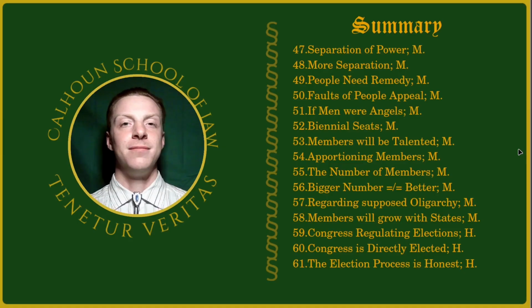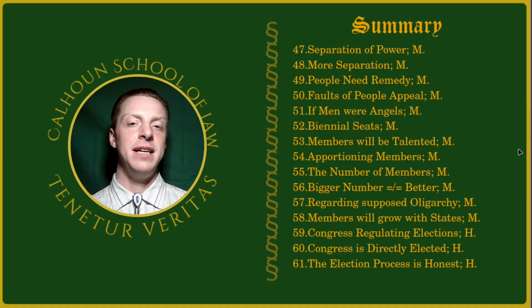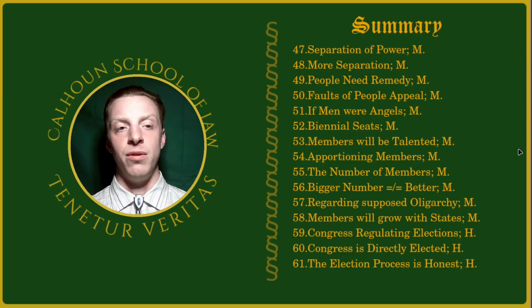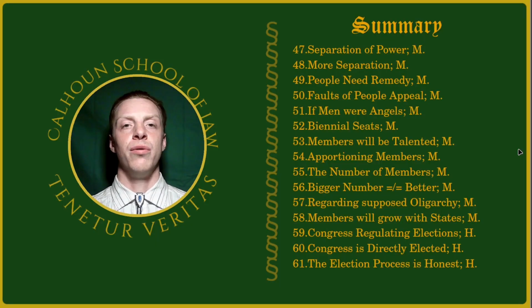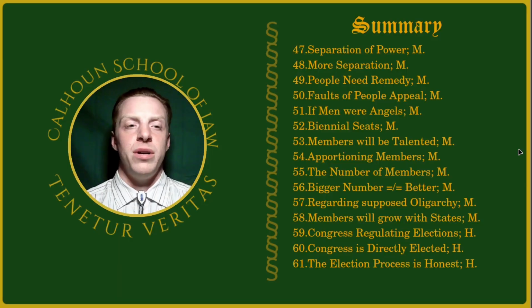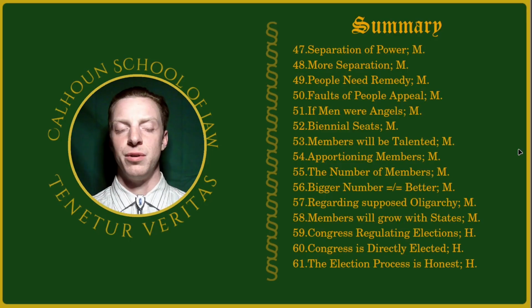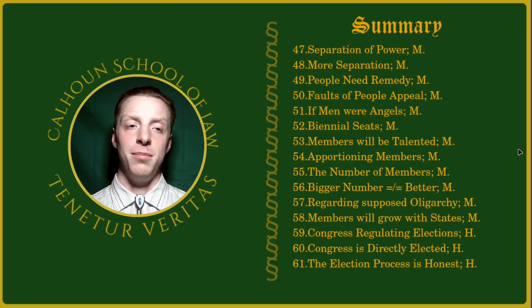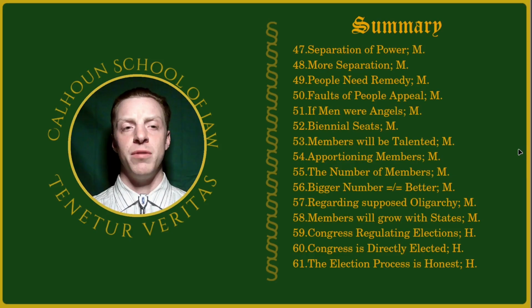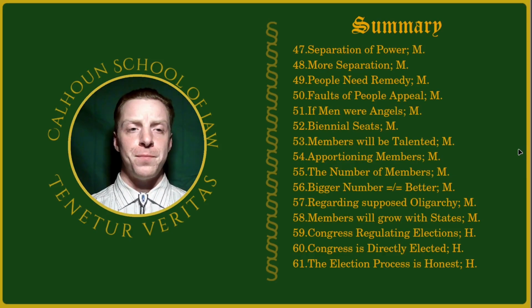And then 51, kind of furthering the idea that he states in 50, 51, Madison discusses if men were angels. If only people would follow the rules, if only citizens would obey, well, not just the citizens, but more so the government officials, if only they would stay within the scope of their authorities, we wouldn't need a government. And he was directly addressing some of the critiques from the Anti-Federalists about the proposed Constitution and how it would inevitably facilitate tyrannical government.